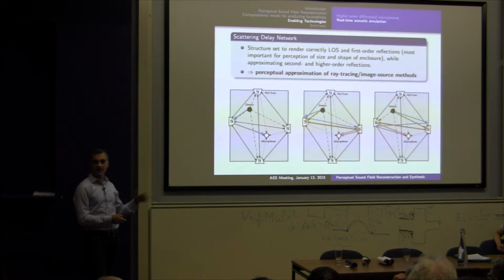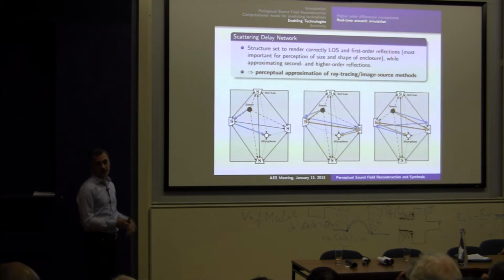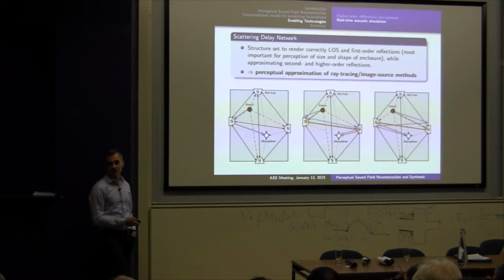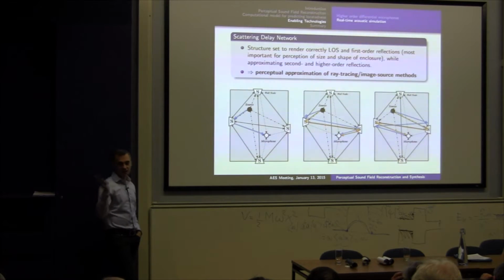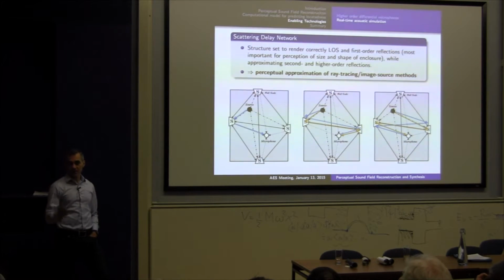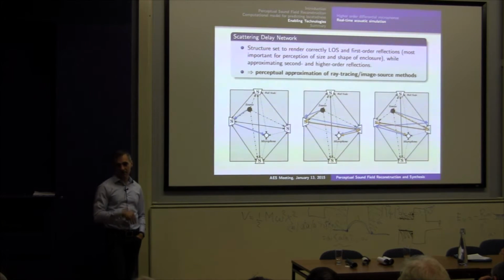Only the line of sight and first order reflections are rendered accurately, and they're what's most important for rendering proper auditory perspective. And then everything else is being replaced by approximation. But starting from second order reflections, the listener cannot really hear where that reflection is coming from. What is most important is to have proper reverberation time, to have the normalized echo density build up the way it should, and to have proper modal density, etc.